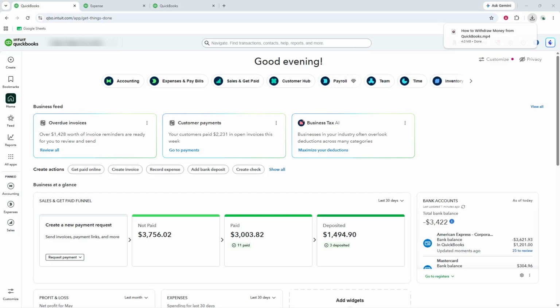In today's video, I'm going to teach you how to withdraw money from QuickBooks. If you need to record money being taken out of a bank or cash account in QuickBooks Online, this process is simple once you know where to go. The key is to enter the withdrawal correctly as an expense, so your records stay accurate and your account balances